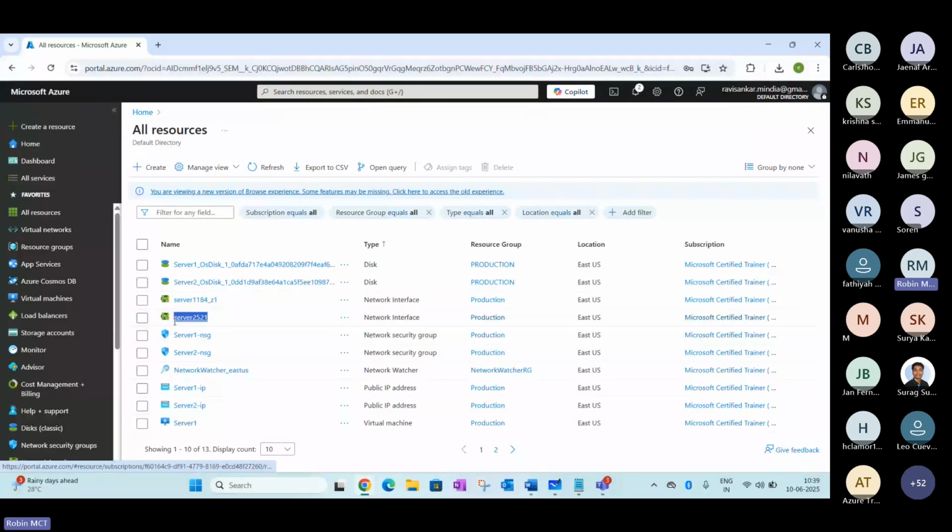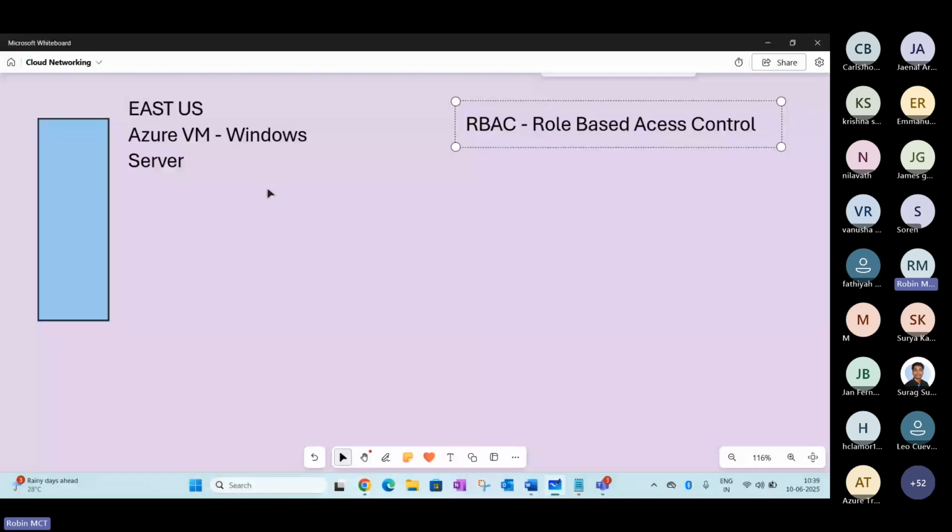If you review this name, there is another network interface card created for server 2, and it's connected to the same place where your VM has been hosted. So it's giving us the information that whenever you create any VM, your VM and vNIC are both created in the same place.